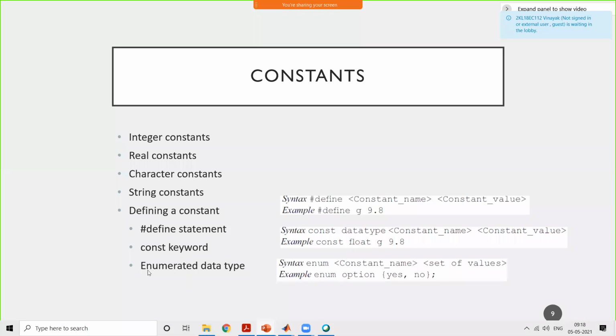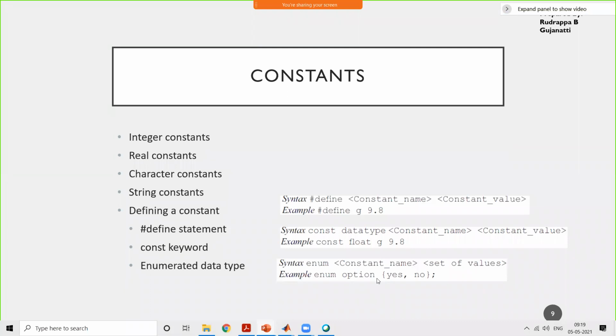You are trying to declare a constant, but this constant will have a set of values. Here, what it indicates is you have enum option, yes or no. This entire thing will act as a data type, which is utilized to define enumerated data types and then assign values. Here we had discussed that option can have only two values, yes or no.